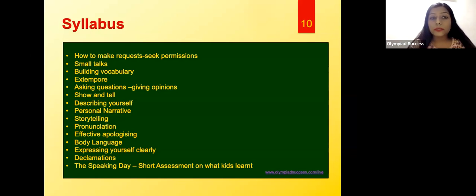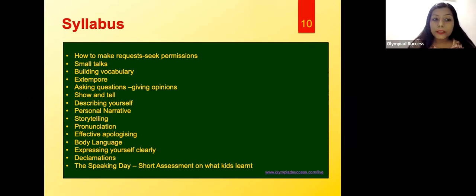how to speak without previous preparation to strangers and in front of the public, where the audience is looking at you, how to ask questions, how to give opinions about important matters that relate to you, how to show and tell. This activity, I am sure, at schools also is done a lot. So how to describe yourself effectively, how to tell a friend or someone about what happened with you.